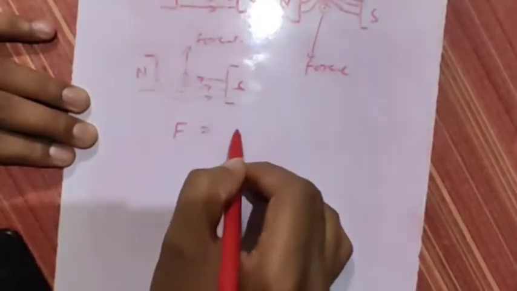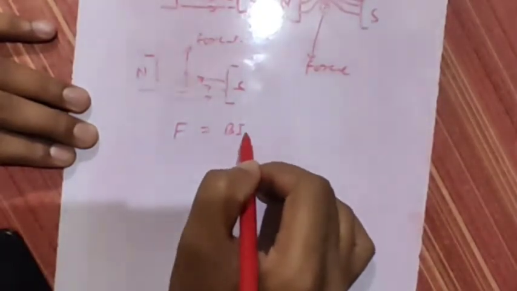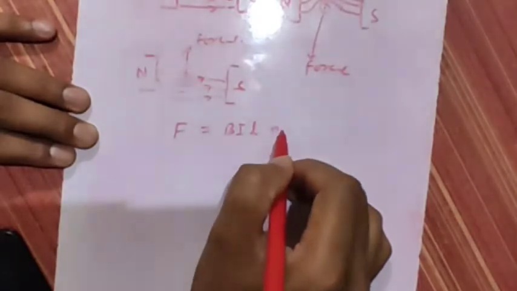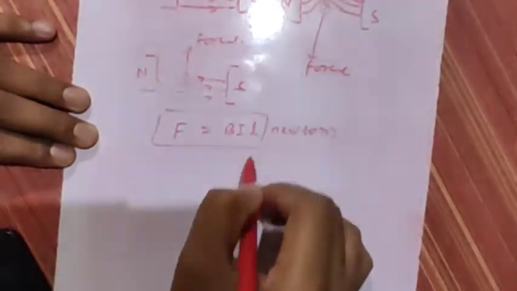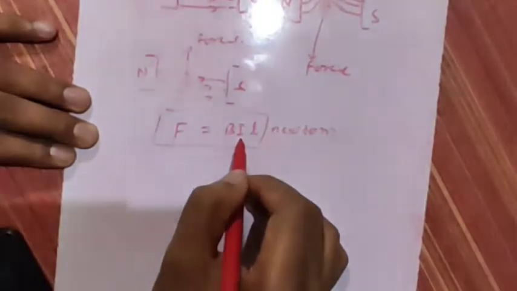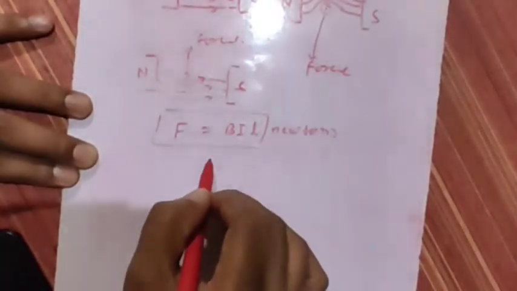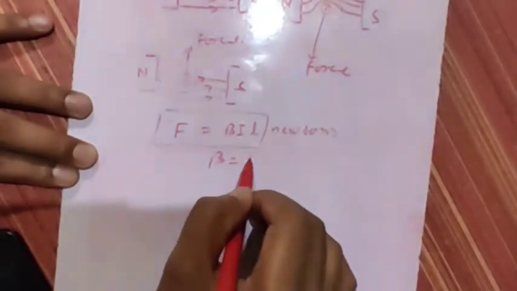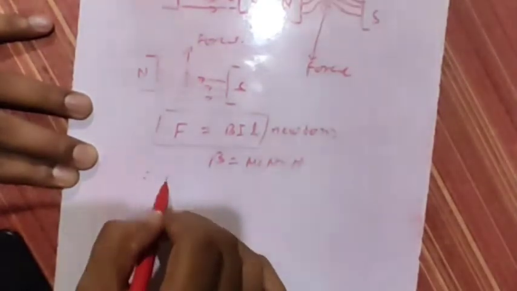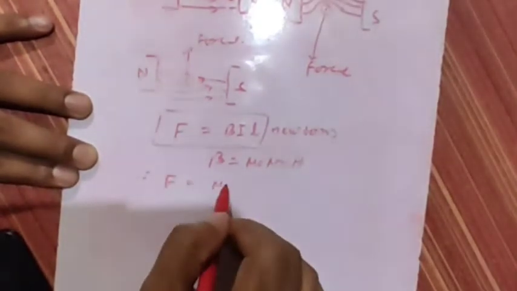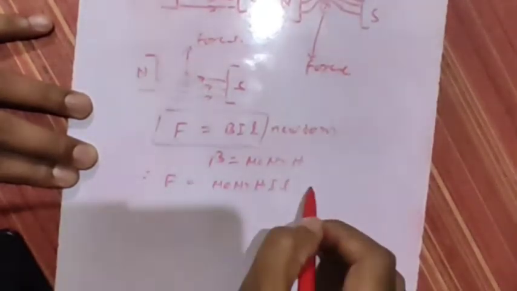The force is equal to B into I into L newtons. B is the magnetic flux density, I is the current, L is the length, and B is equal to mu naught mu r H. Therefore F is equal to mu naught mu r H I L newtons,